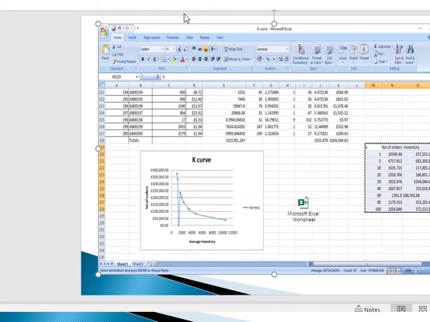In step 3, to finally obtain a K-curve, the analysis to find the total number of orders with average inventory is done at a different value of K. I have done this in Excel sheet 2 for K 1 to 100. Then finally a table is obtained for different values of K, and simply by selecting the scatter plot menu from Excel, the curve is plotted. Now we go to the Excel sheet and see how to get the value of the K curve and how to make a K curve graph.